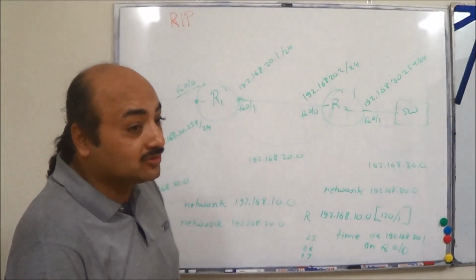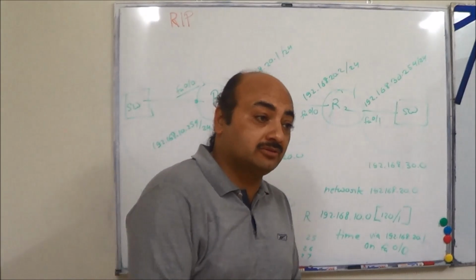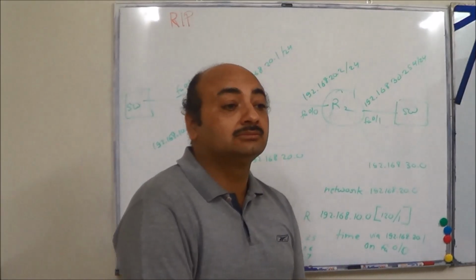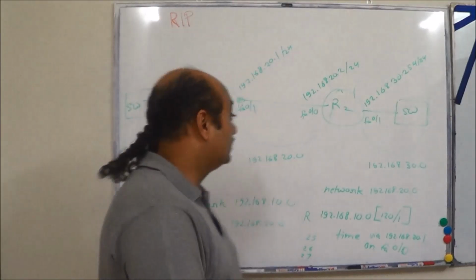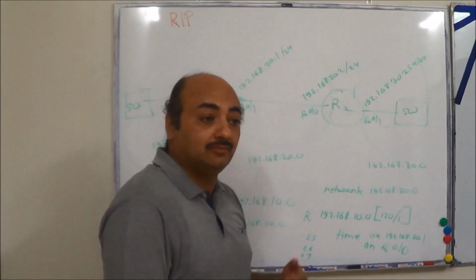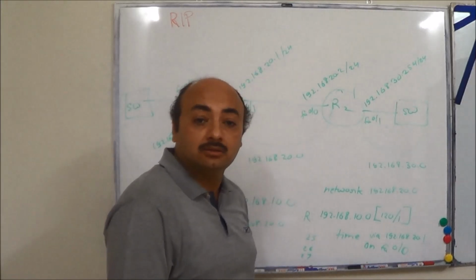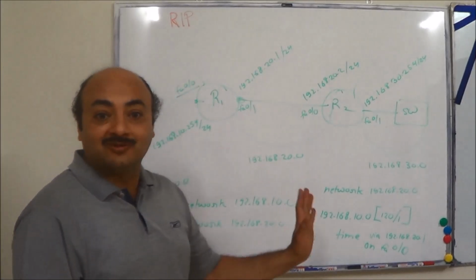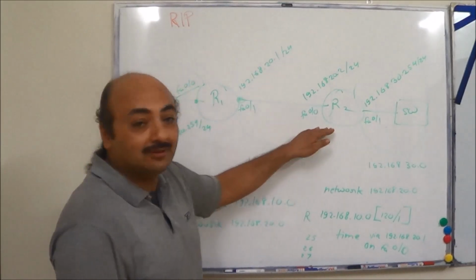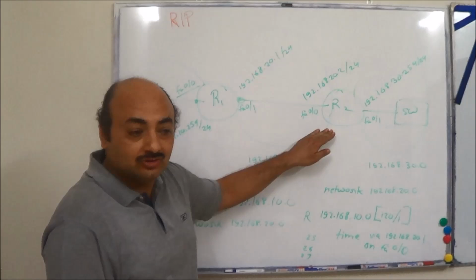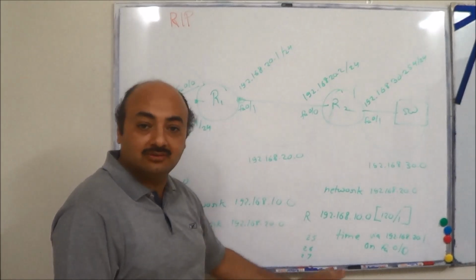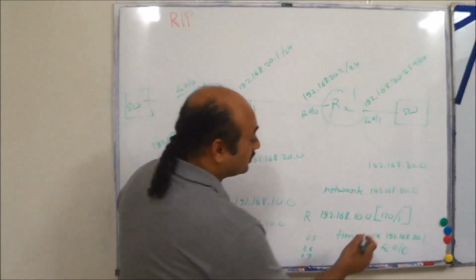Is it just the counter which goes back, or something else happens? What triggers the counter to roll back? What actually triggers is another update packet coming from here. As soon as it is received, it will roll it back. It is not that after 30 seconds you reset the timer. As soon as you receive the RIP packet, which you are expecting to receive every 30 seconds, then it will reset it.